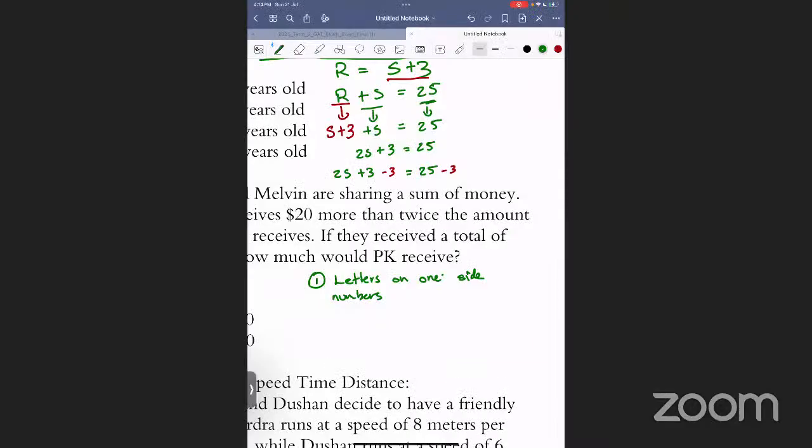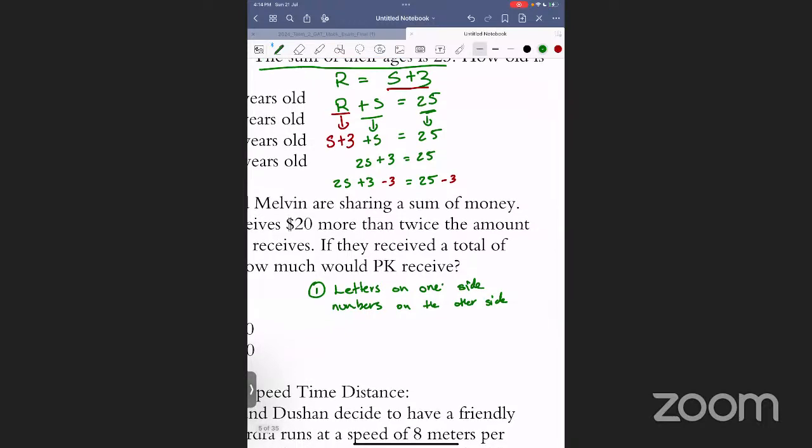On one side, letters, numbers on the other side, right? Numbers on the other side. That is why we're moving this +3 to the other side. And the second rule I taught you last term was when you move something to the other side, you do the opposite. You do the opposite. So that's why, for example, when we did -3 here, we also have to do -3